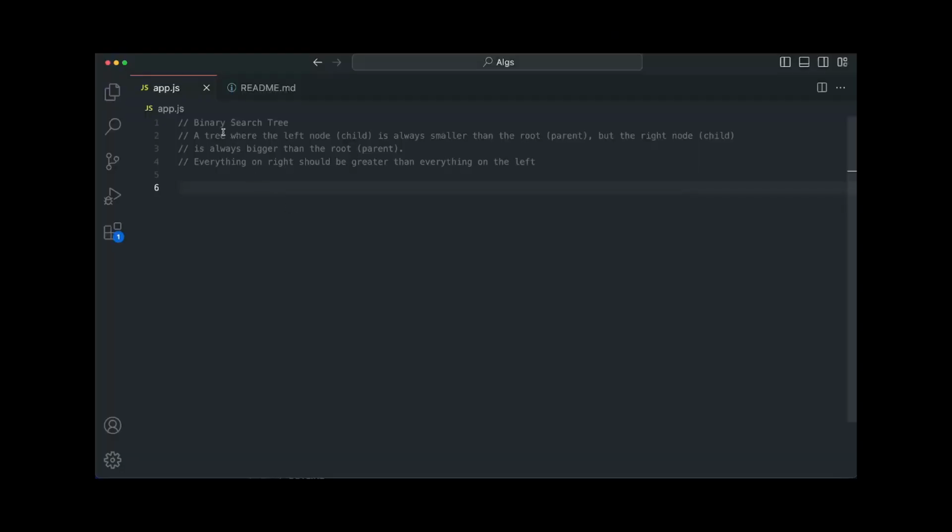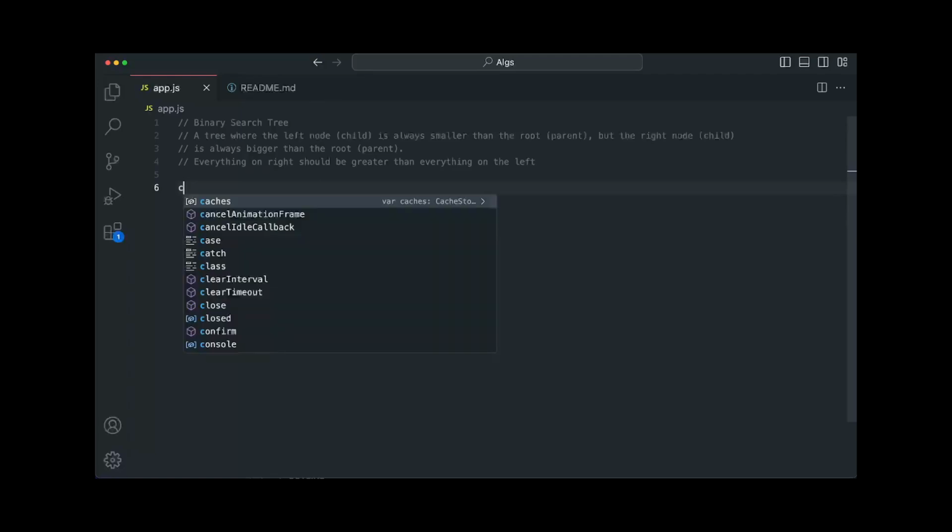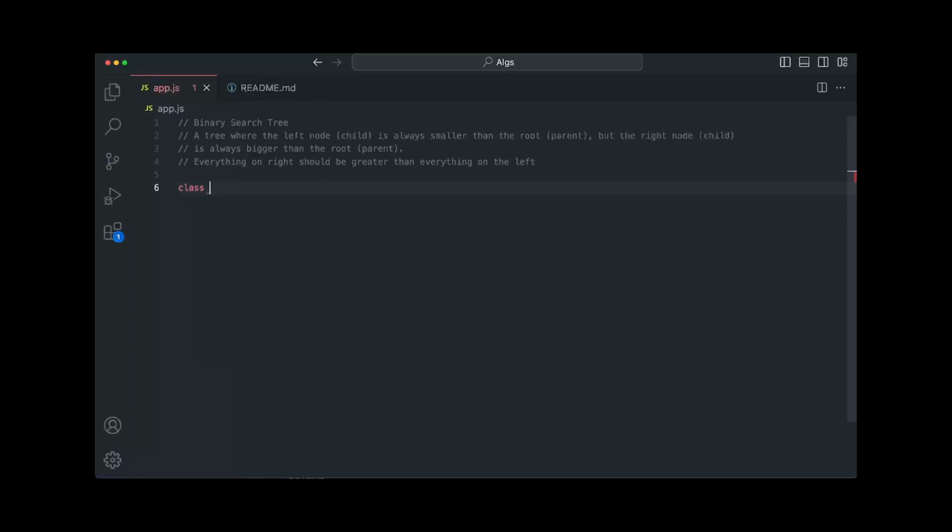So in the last lecture, we did an explanation of binary search tree. It's basically a binary tree where the left node is always smaller than the parent node, but the right node is always greater than the parent node. Everything on the right is greater than everything on the left, and if you need more explanation, you can check the last lecture. But in this lecture, we do an implementation of binary search tree by first creating a node